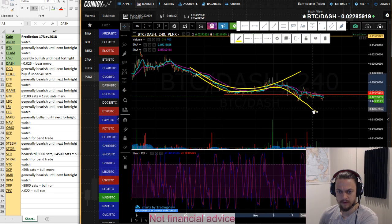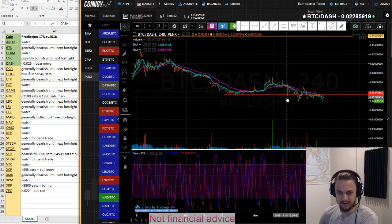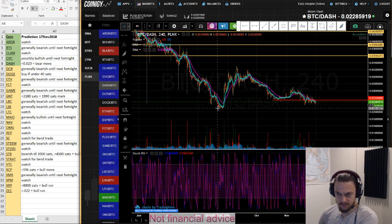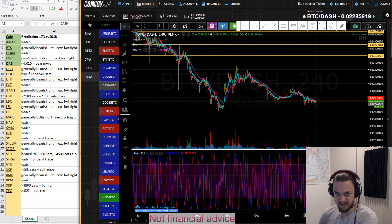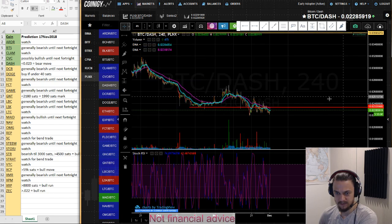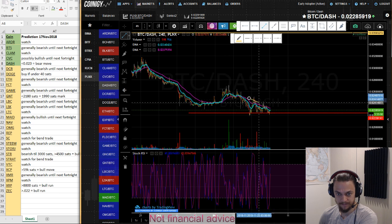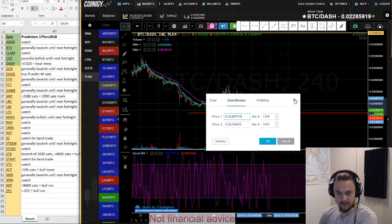So just delete these lines here and have a quick look. Yeah, so it hit quite a low point here, 0.021, and it hasn't gotten back down to that level. It seems to be finding a little bit of ground here, but at the same time, if I move that red line down a little bit, we can see a bit of a descending triangle there,